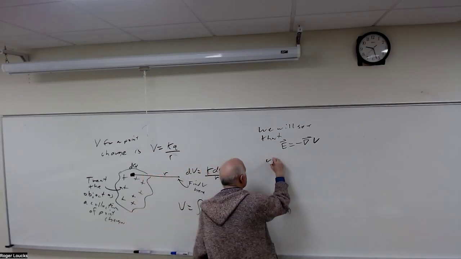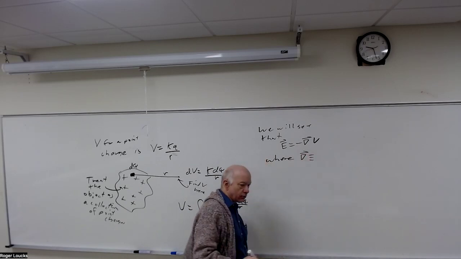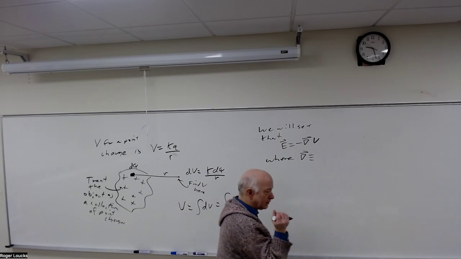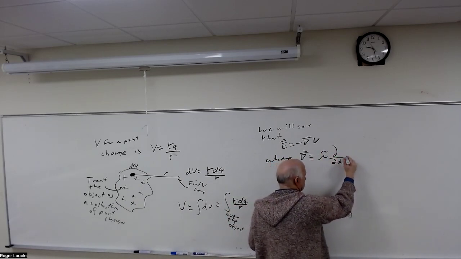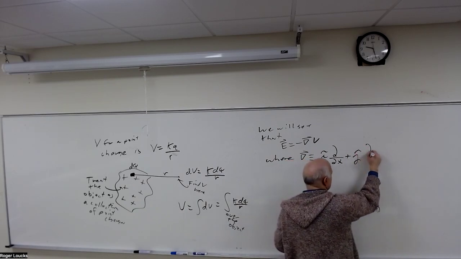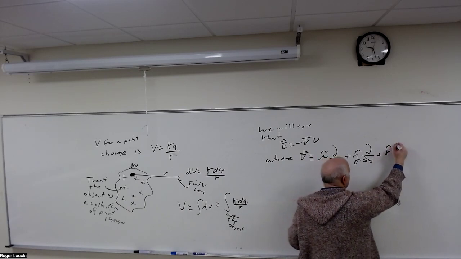Where this right here, remember how we defined it? We did that the other day. Okay. It's the partial with respect to x plus the partial with respect to y plus